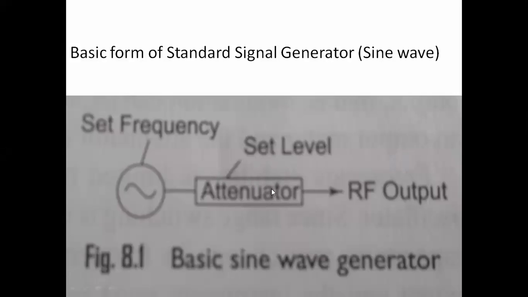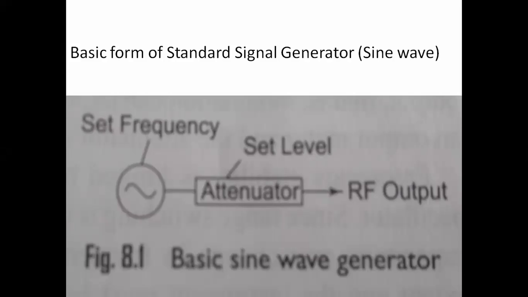After the frequency is generated, we can adjust the set level using the attenuator. From the generated frequency signal, we can change the level. Suppose after obtaining 100 kilohertz, I want to choose 10 kilohertz or 5 kilohertz. For that there is a design of the attenuators, and by those attenuators we can choose the range.